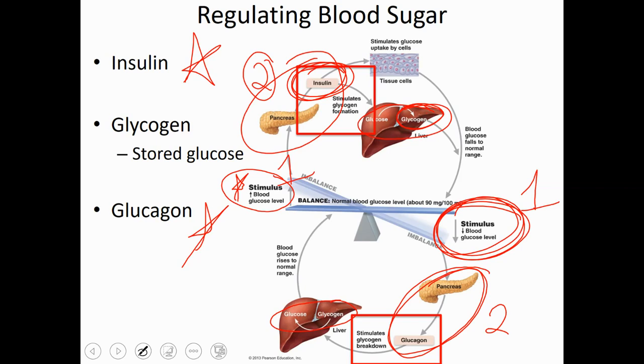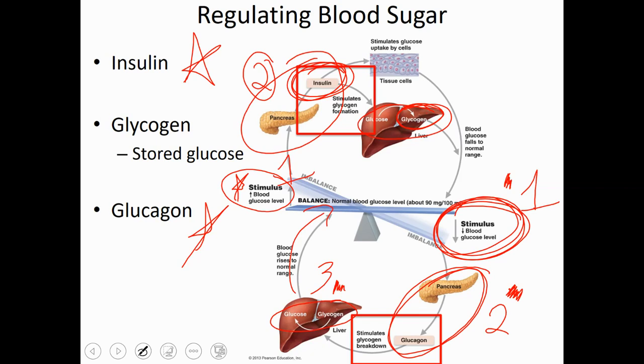So one more time with raising our glucose levels. We start at step 1. This is where we are right now. Our blood sugar starts to drop. What our body will normally do is the pancreas, there's step 2, will release glucagon. That will then trigger the liver. Step 3, we'll label this step 3. The glucagon will trigger the liver to break glycogen down into glucose,